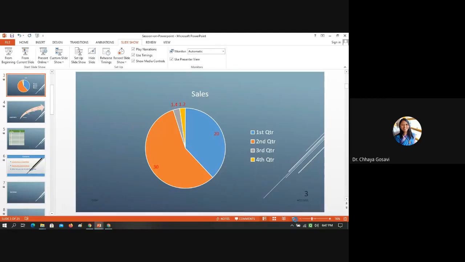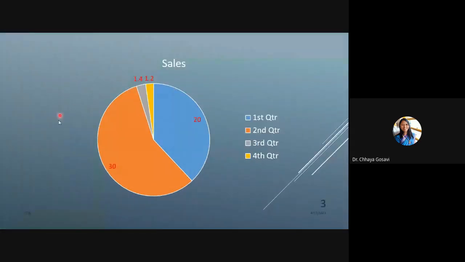So here the slideshow is there. Can you see this laser pointer? It is active as long as you are pressing the Control button and dragging the mouse. Now you can release the Control button, but you can still see this laser pointer.